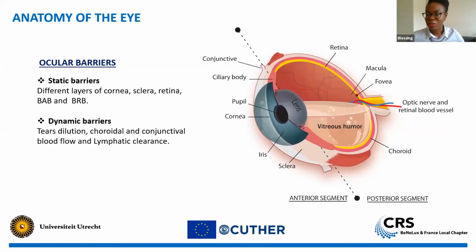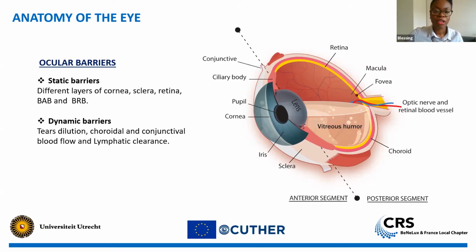In order for you to understand a bit of what we're talking about in this presentation, I want to show you, first of all, the anatomy of the eye. As you can see from the picture, the eye is broadly divided into the anterior segment and the posterior segment. Generally, in order to see images, the light comes from the anterior chamber, gets into the posterior chamber, and hits the retina. When it hits the retina, you have photoreceptor cells that transform the light into electrical signals that then go to the brain